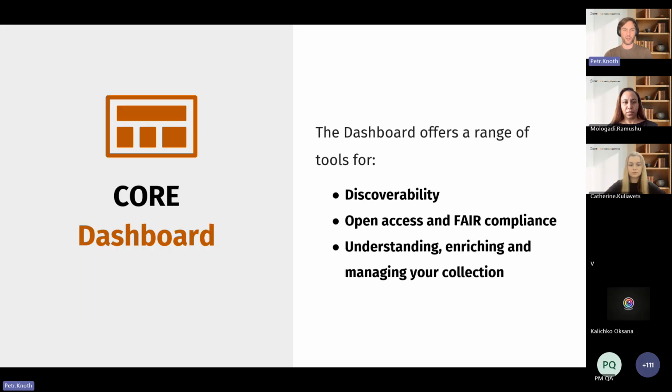So what is the CORE repository dashboard? I would say that the dashboard can resemble, for those of you who are administrators of web pages or webmasters, a tool you are probably familiar with called Google Webmaster Tools or Google Search Console, which is effectively a tool that helps you understand how your website can be used. CORE Dashboard is a very similar kind of tool, but it is intended not for webmasters, but for repository